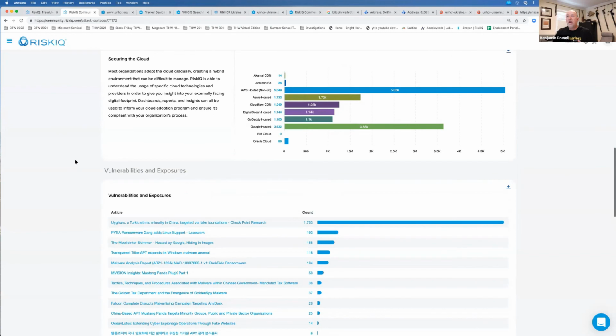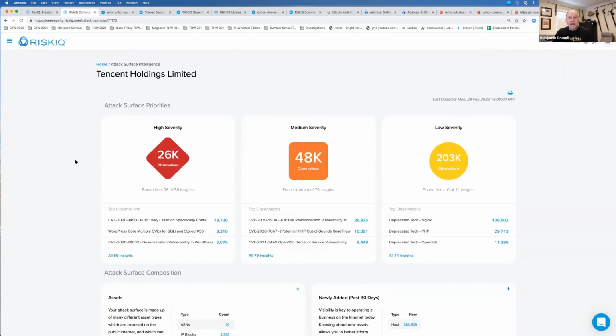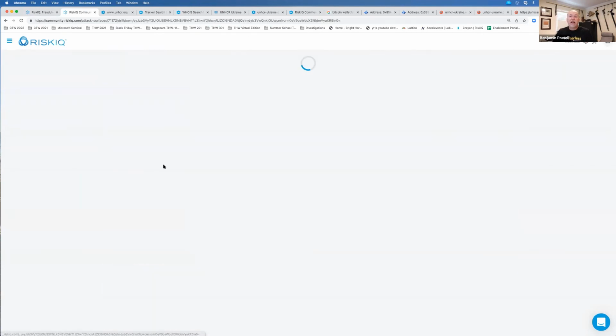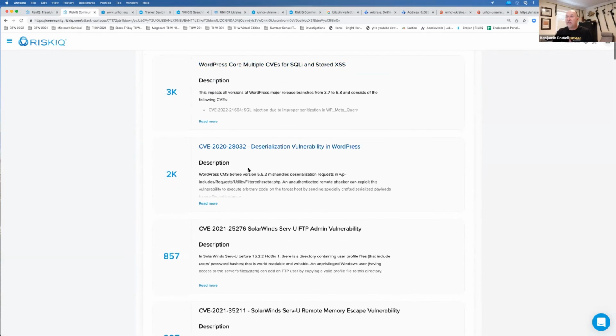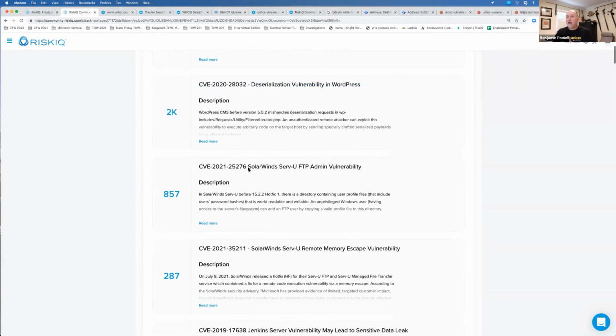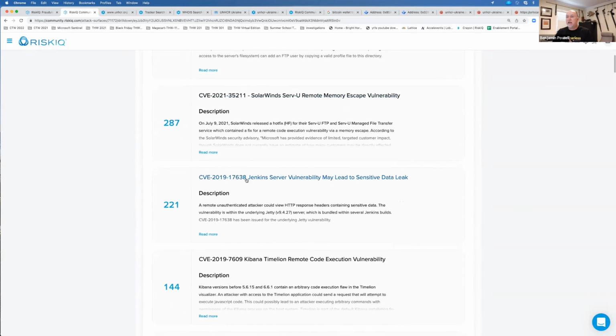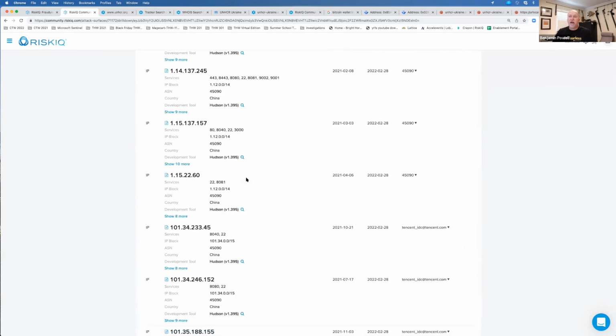But also we look at vulnerabilities. So for example, if I look at high criticality vulnerabilities, insights mean it's more than just a matching of a CVE with a version. It might be that we looked at the banners and maybe asked some different information to really make sure it's high fidelity. So if there was a, let's look at, I'll pick one, a Jenkins server vulnerability.